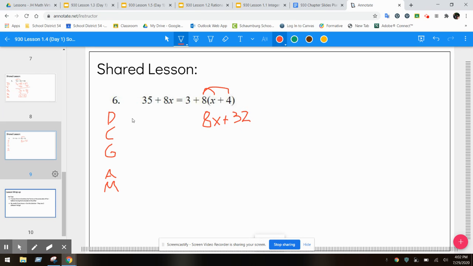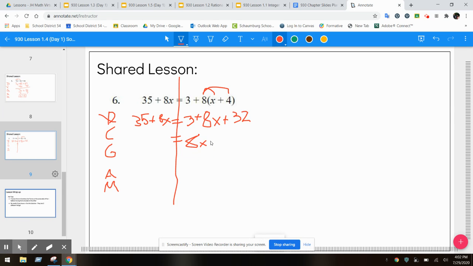Rewrite everything else. 35 plus 8x equals 3 plus 8x plus 32. Draw the line down the middle. All right, distribution done. Combine like terms. Yes, I have to. I have this 3 and this 32 on this side. So I'm going to combine them, and I'm going to get